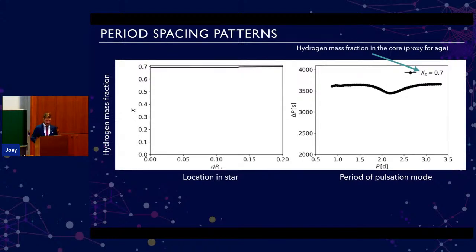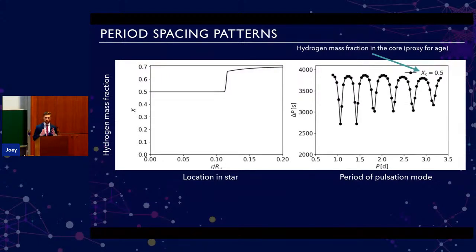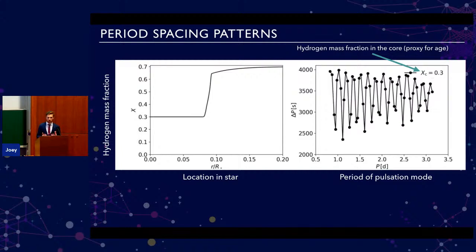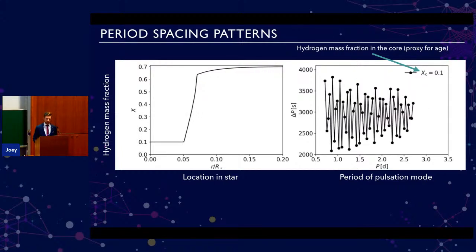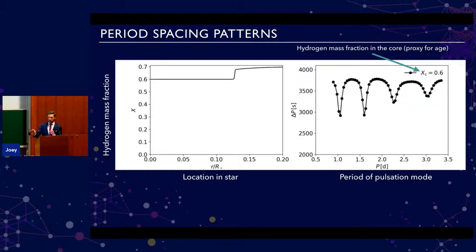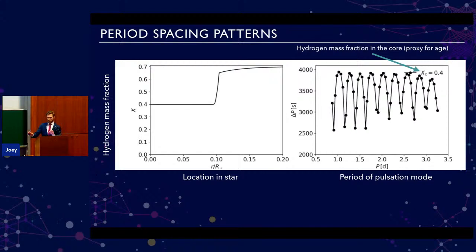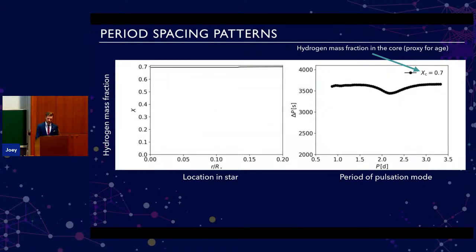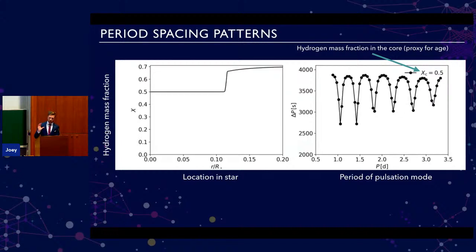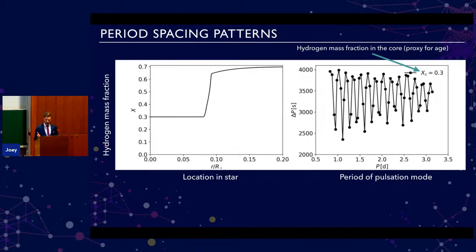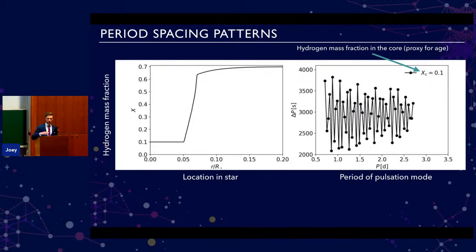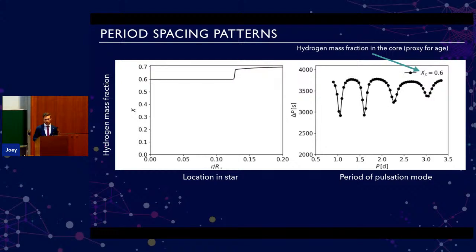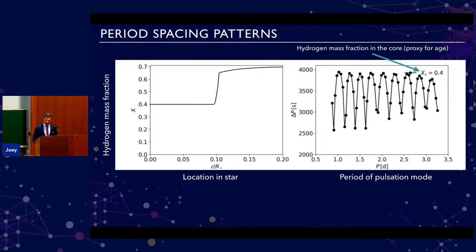Yes, so as your star evolves, it starts to fuse hydrogen into helium in the core, and so what you get is a difference in the mean molecular weight when you go from the core to the surface, or a chemical gradient as we call it. As you can see in this animation, this X_c value is the hydrogen mass fraction in the core, which decreases as the star evolves, and we use it as an indicator for the age.